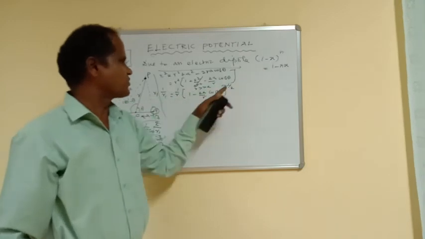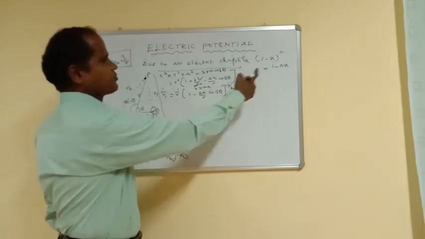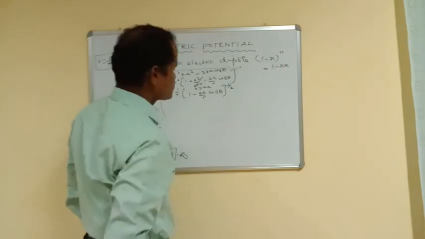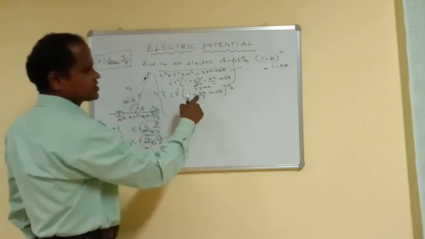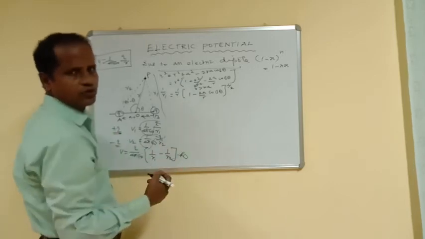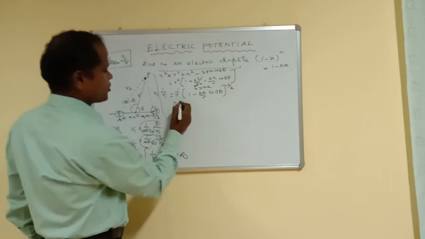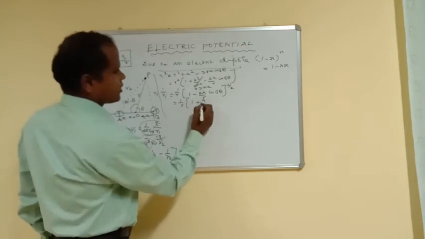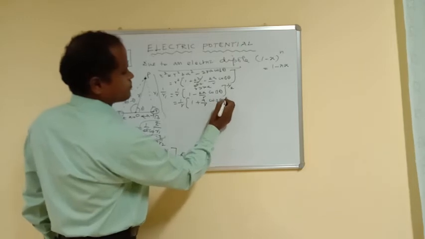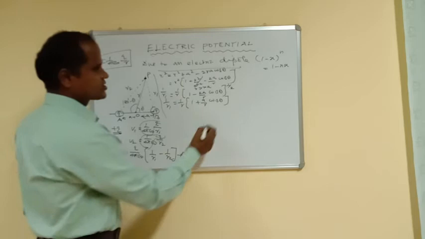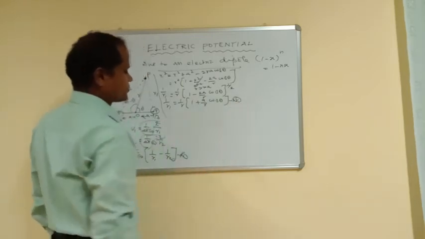Bring this in place of n, and we get minus of minus, which becomes plus. So 1 by 2, the 2 and 2 will be cut off. So this becomes 1 by R, (1 plus A by R cos theta). So this is 1 by R1. Take this as equation number 2.